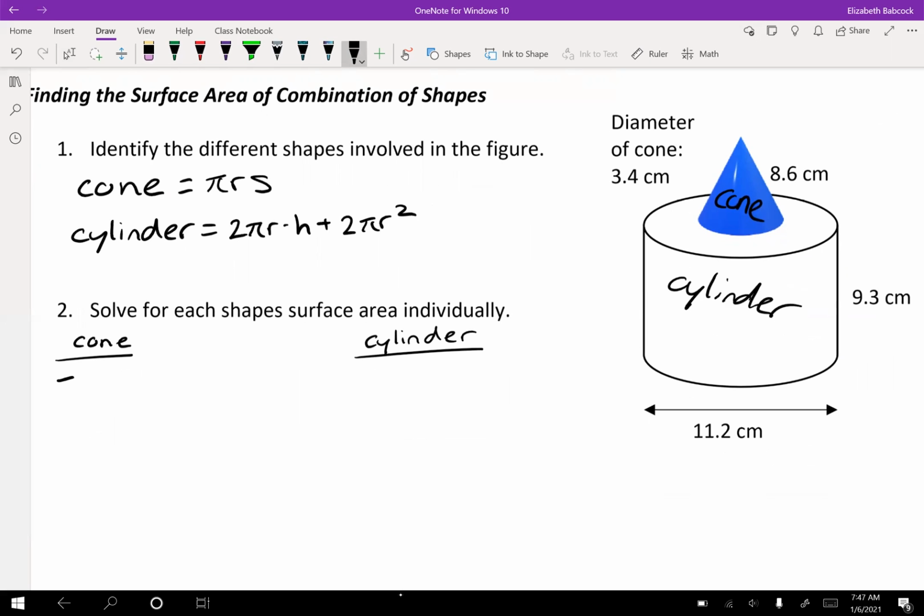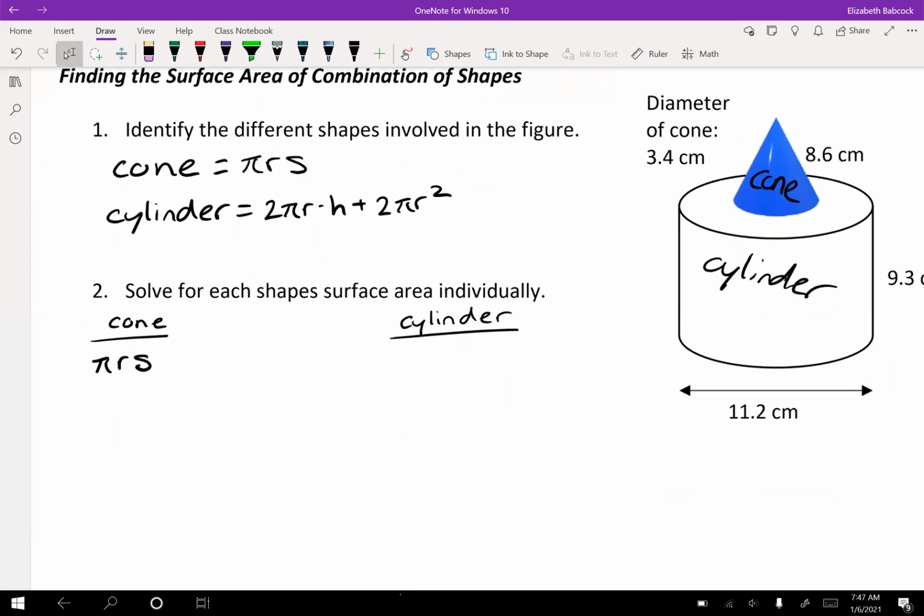So, cone: pi r s, easy. We're given the diameter of the cone, divided by 2. So we can do pi times 3.4 divided by 2. Oh, that was an interesting number. Times 8.6. If you solve that out, you get 183.72